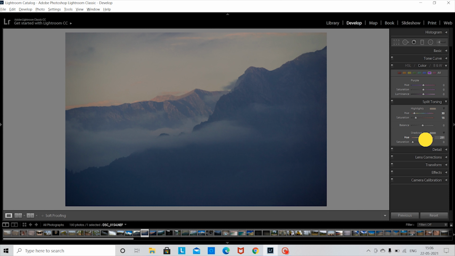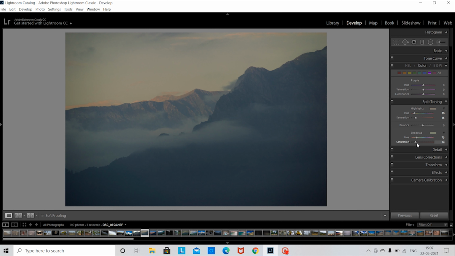You can change the color of the shadows as well. So let's see which looks better. Yeah, I think this looks much better. As it was totally blue dominant, I have again added a tinge of yellow to it. So this looks somewhat natural. At the same time, if I go to the pinkish side, it looks unnatural, and also if I go to the orangish or the red side, it again takes away from the realistic aspect of the photograph. So we will keep it as it is as of now.